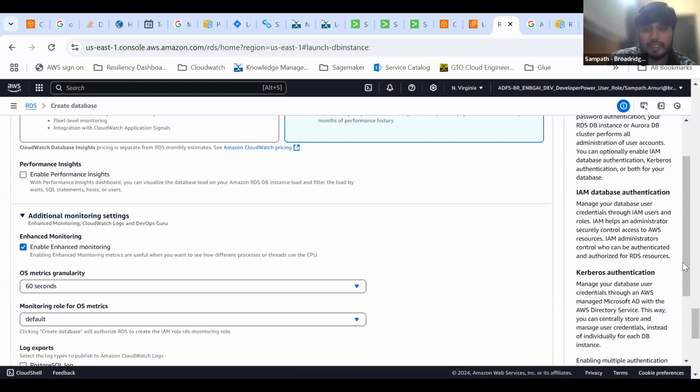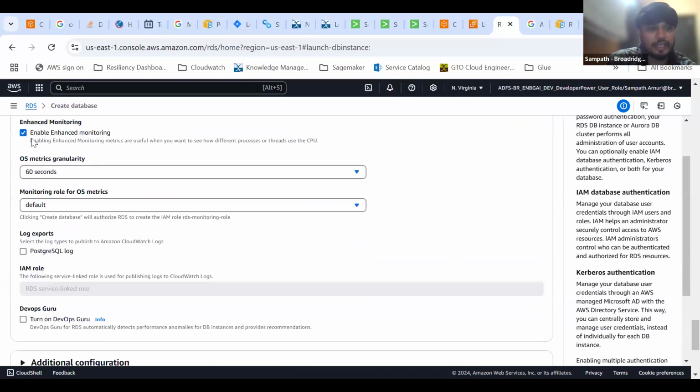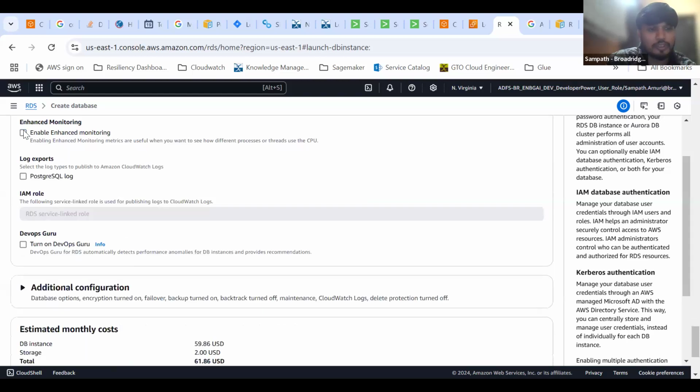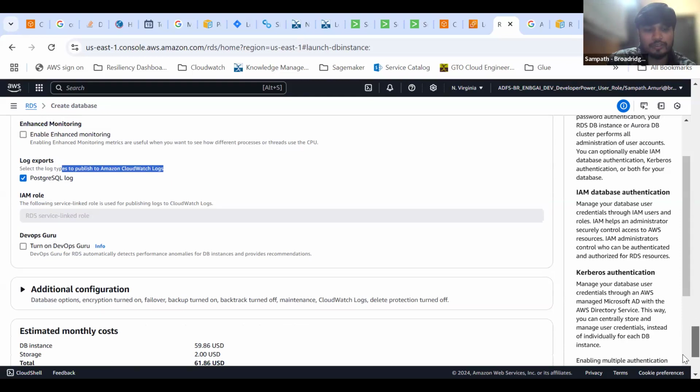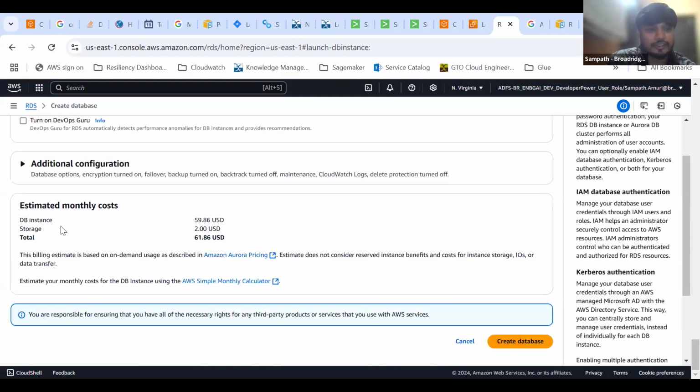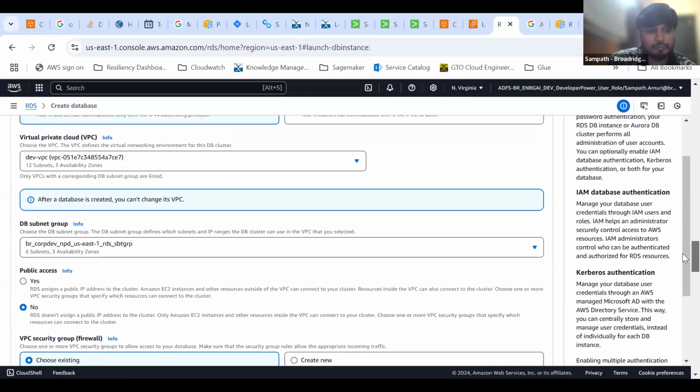Enhanced monitoring again comes at a price, so you have to look at whether you need enhanced monitoring or not. And select the log types to publish to Amazon CloudWatch. If I want my database logs to be submitted to CloudWatch, then you can do that as well. You can also see the estimated cost here. It says the DB instance is 59, storage is this much, and approximately you would be paying $61 per month for this one. If I change the instance type,